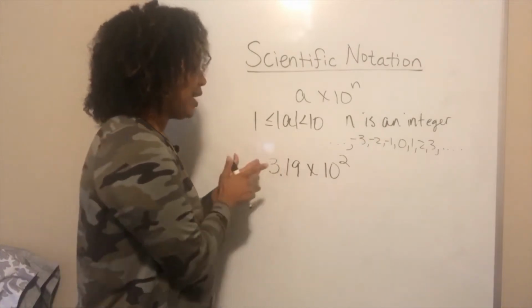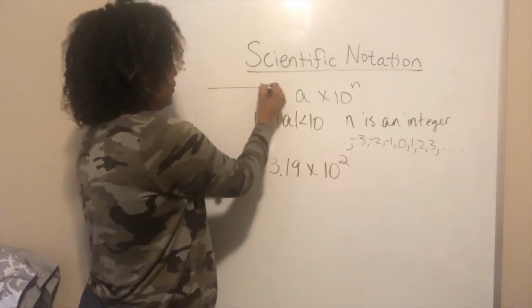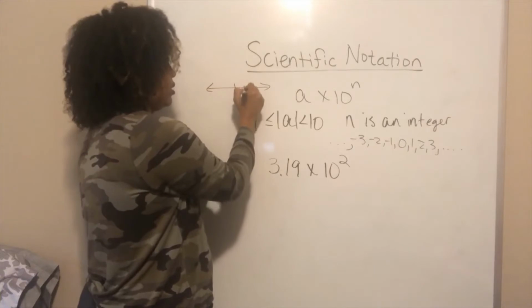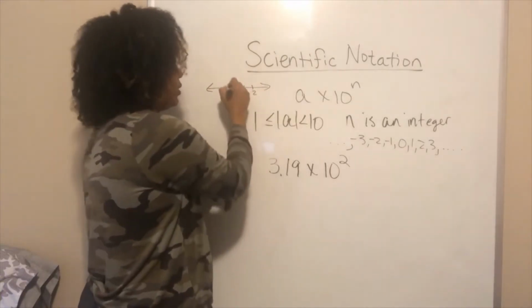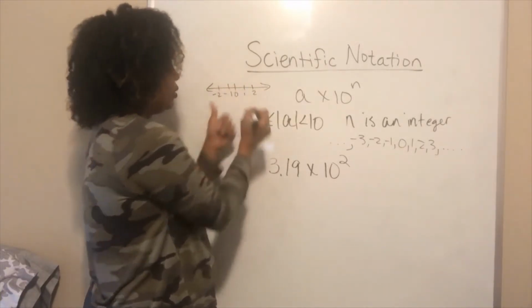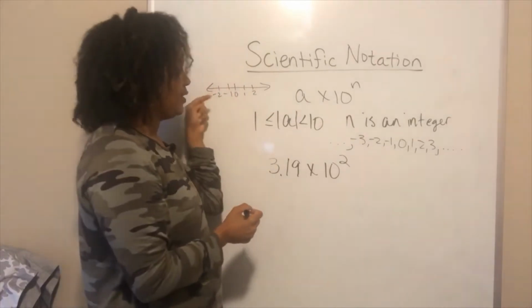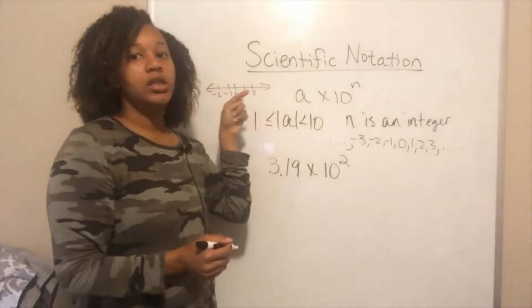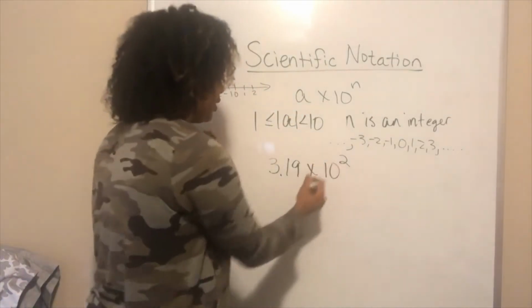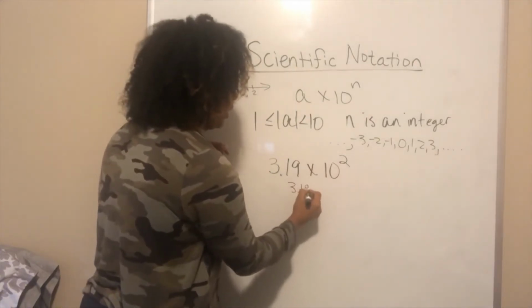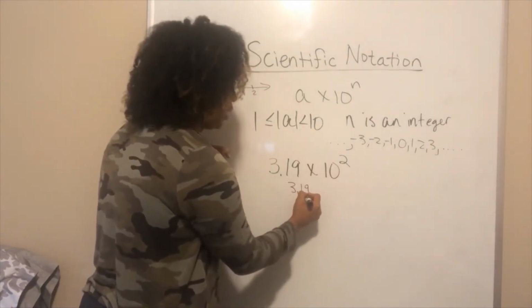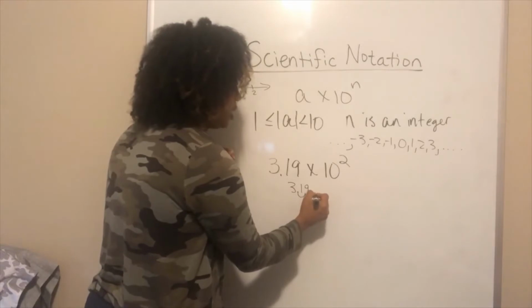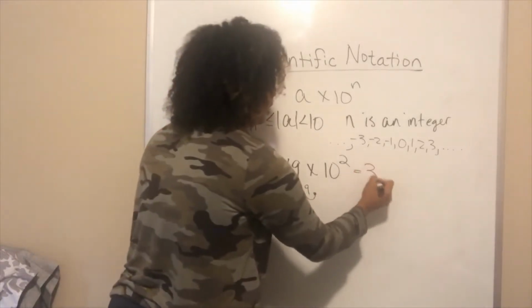So if that number is positive, just like on the number line, my positive numbers go this way, my negative numbers go to the left. So if that number is positive, that means I move my decimal place to the right. So for 3.19, I will move this decimal place to the right 2 times. So my decimal place will go here. So this is equivalent to